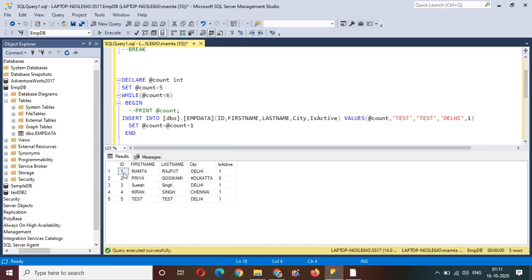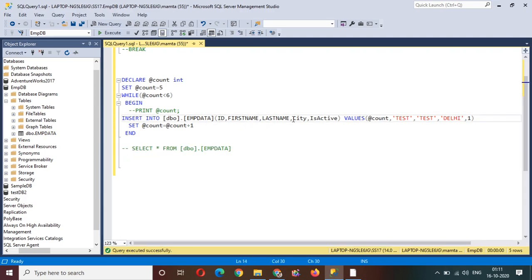So that means one result set should contain only 2 records, second result set contains the next 2 records, and third result set would contain the next 2 records. If it doesn't have 2 records, only 1 record, then it should display only 1 record. So this is called the paging. So how we can implement the paging with the help of the while loop?